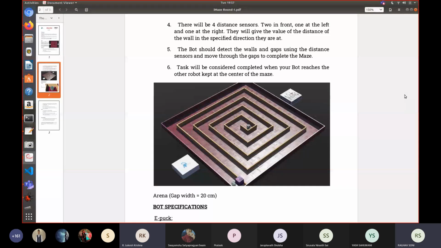So for example, if you see this maze now, there are certain aspects that you can exploit. Let's say you write the simplest solution first: whenever there is a path, I will go through that, and when there is an obstacle, I will check the other directions. So let's say there's front, back, left, and right, and there is no obstacle in one direction, then that's the direction I will turn and go. Once you build a simple strategy like this and it works, you can think about optimizing it further.